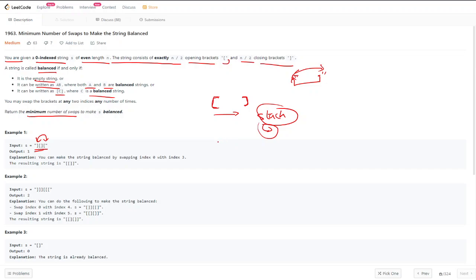Let's see how we can approach this problem, and keep in mind that we will use a stack and these two things: even length, where n by 2 is opening and n by 2 is closing. Let's see this with an example. The length is 1 2 3 4 5 6 7 8 9 10, so the length is 10, which is even. Total opening is 5 and closing is 5, 10 minus 5. This is our example, and we'll see how we can derive a result from it.